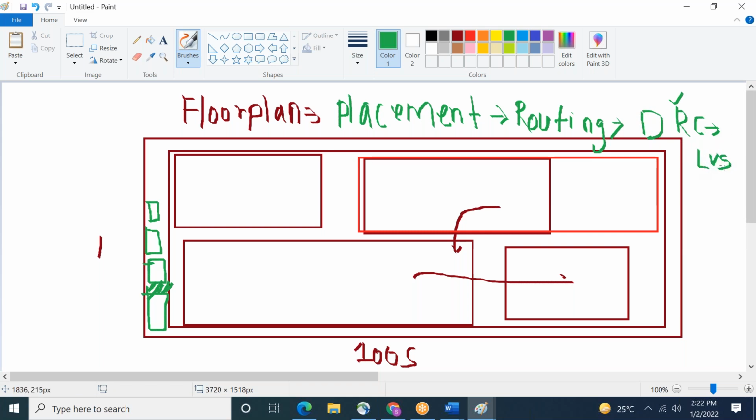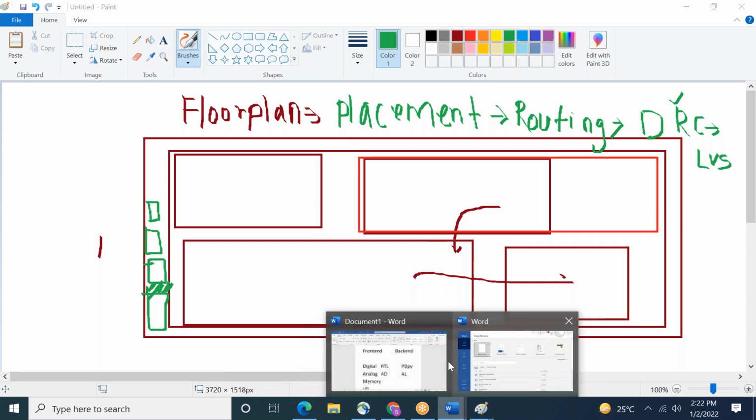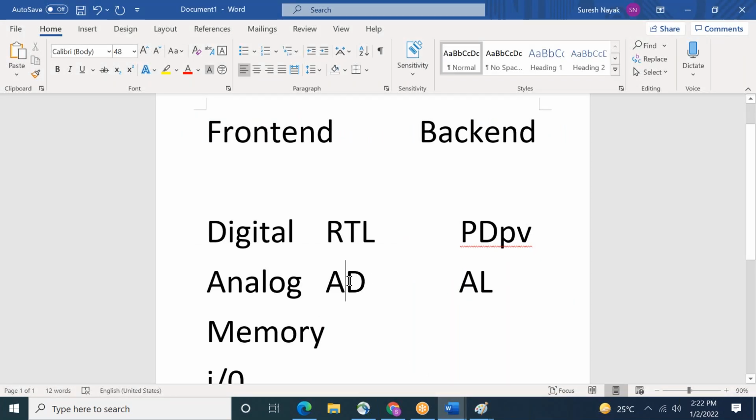So what is layout versus schematic? You compare with the front end people. Initially I gave the example of analog design. Who is the front end? Analog design.